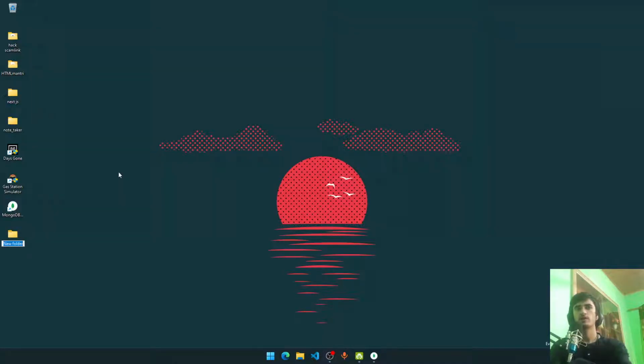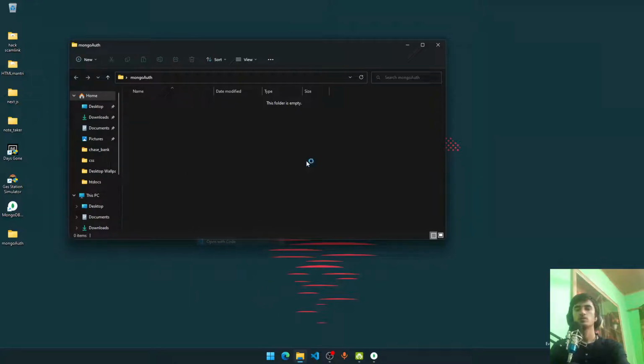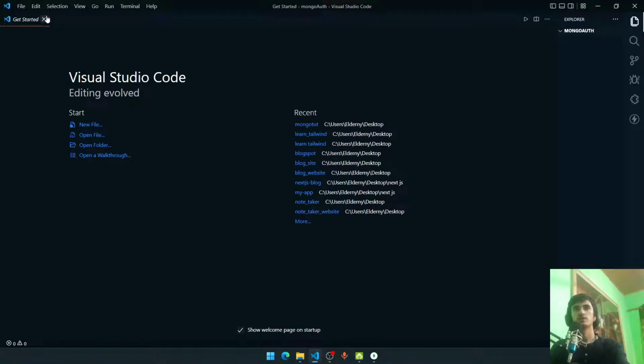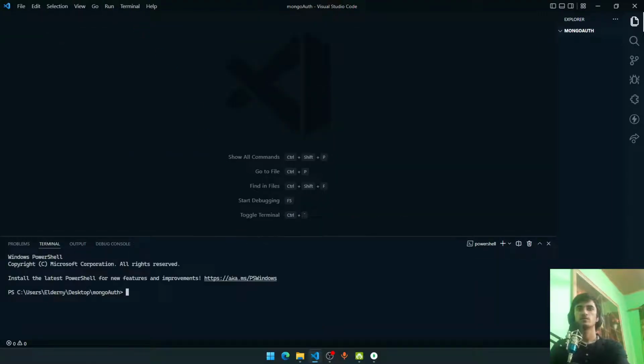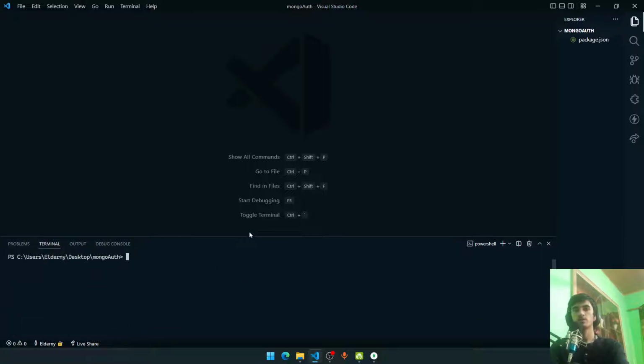We'll make a new folder real quick. We'll call it mongo auth. We'll open it using VS Code, and I will quickly initialize everything. We'll first initialize an empty Node application using npm init -y, and then we will install a few dependencies. We'll install Express for the server, dotenv for getting the environment variables, JSON web token for creating the tokens, bcrypt.js for hashing our password, cookie parser for reading the values in our cookie, mongoose for